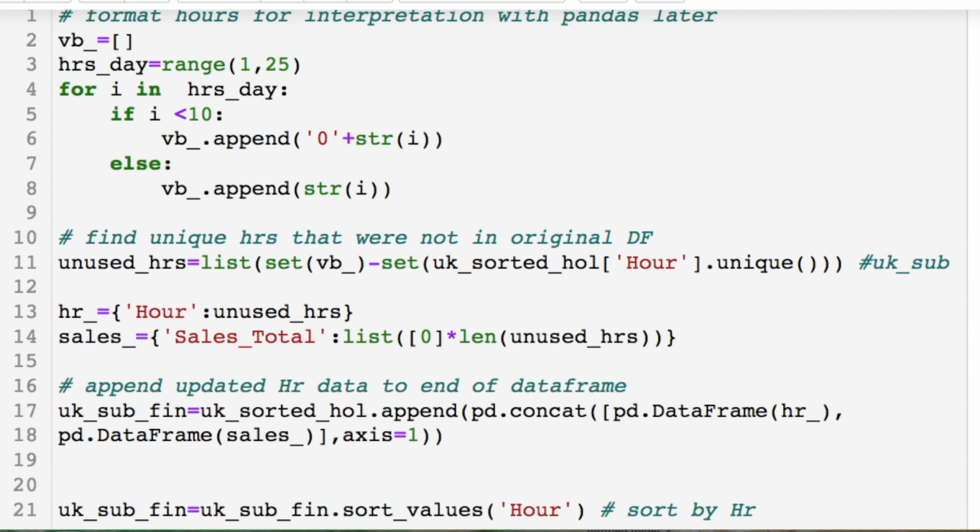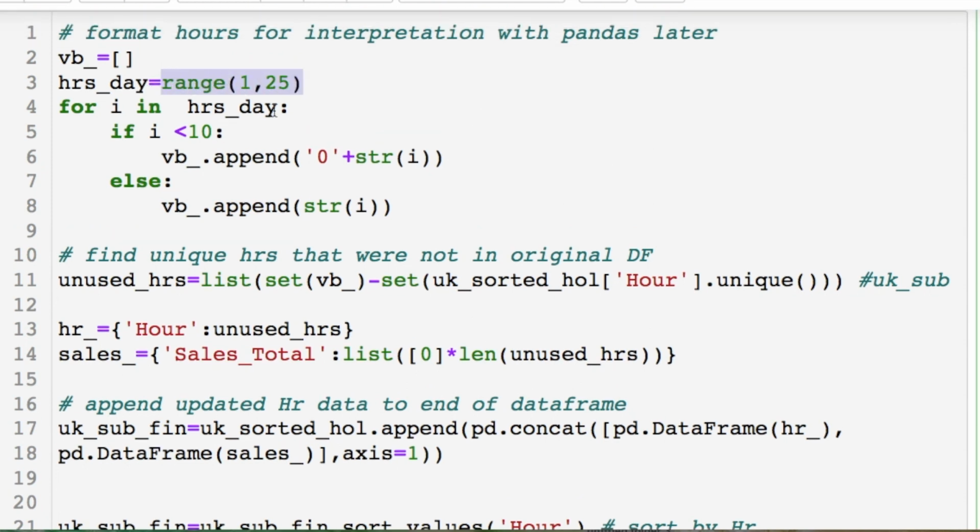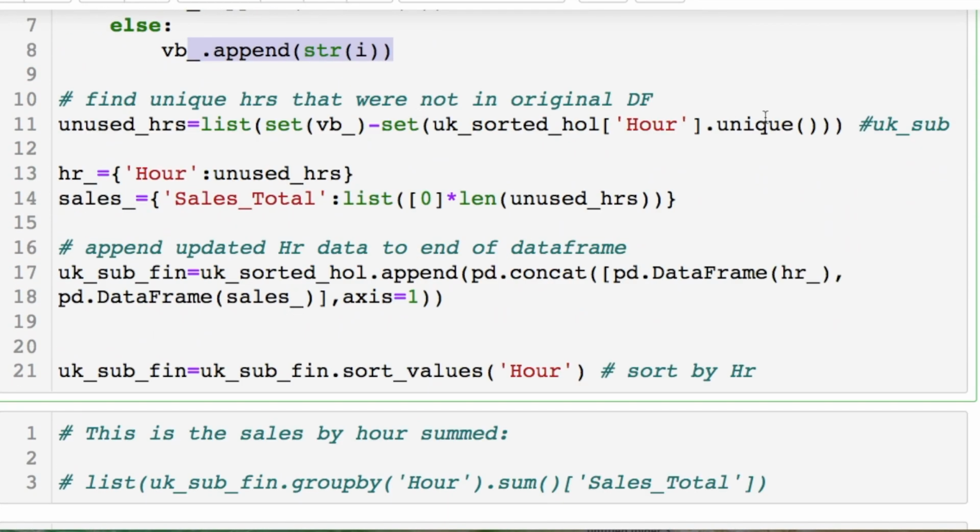There's a lot going on with this one. I'm doing my date formatting so I can get all 24 hours. But to get the formatting, it's 08 instead of an 8. So if I'm less than 10, I add that 0 into it and append it. Otherwise, I chuck in the values. So you get 01, 02, 03, and then at 10, it's just 10, 11, 12, etc. Then we've got to do our set difference here. And this set difference is our new list of hours that were not included in the original data frame.